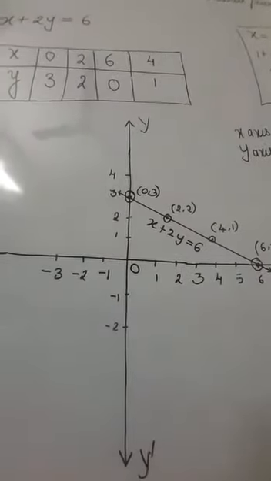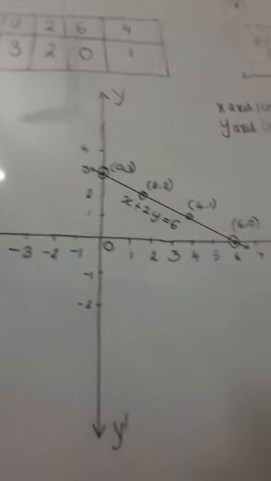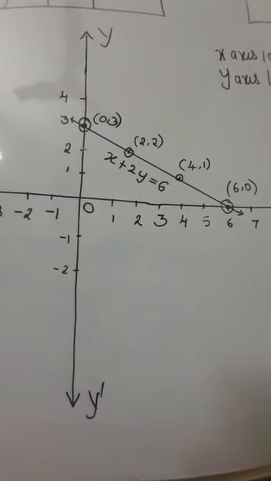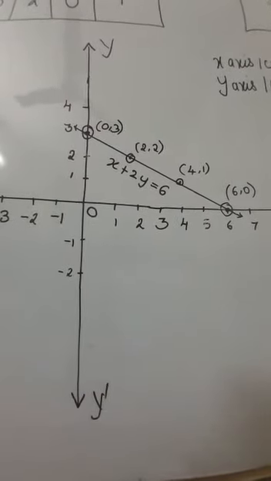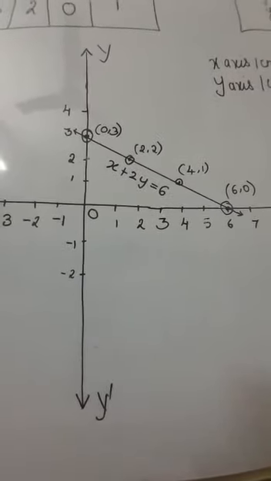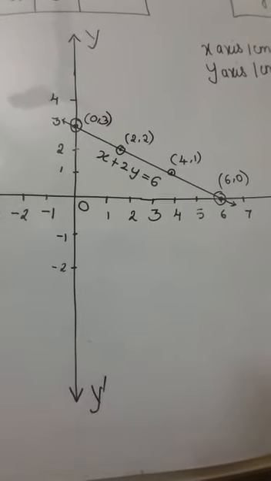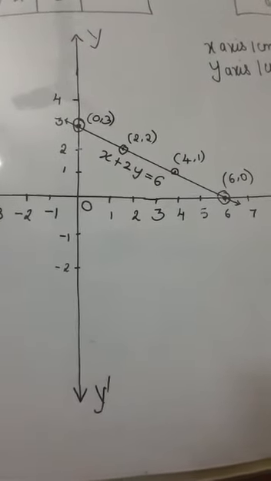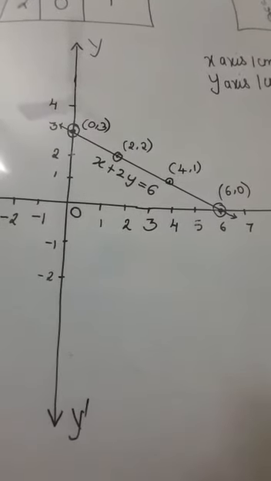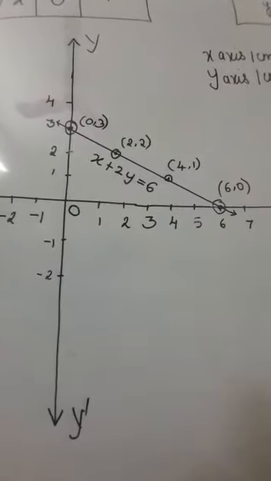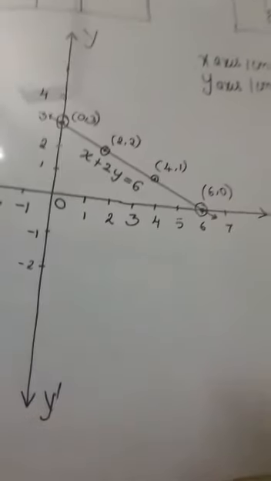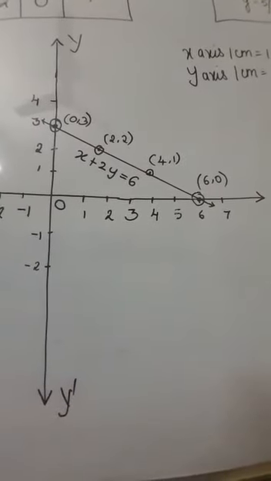That is why we are just taking some 4 or 5 solutions, marking them on the graph and connecting them by a line. And what is the definition of a line, children? A line is made up of infinitely many points. That is why we say the linear equation in two variables has an infinite number of solutions. Any other point apart from these 4 points, any point lying here also, will also be a solution of the equation.